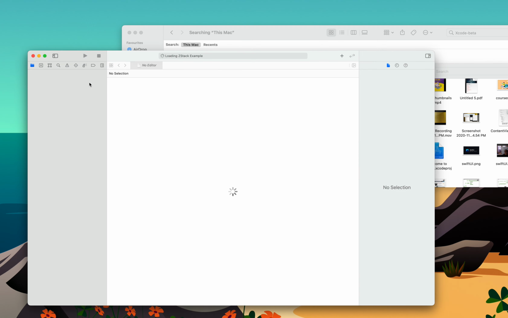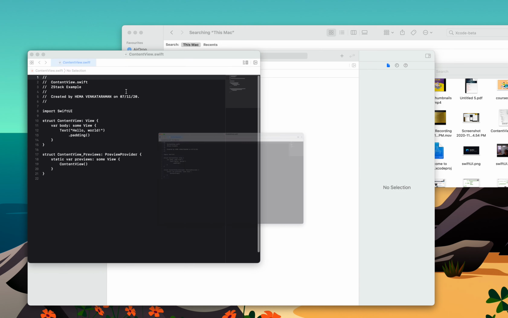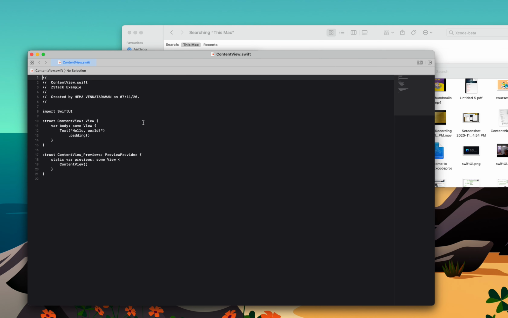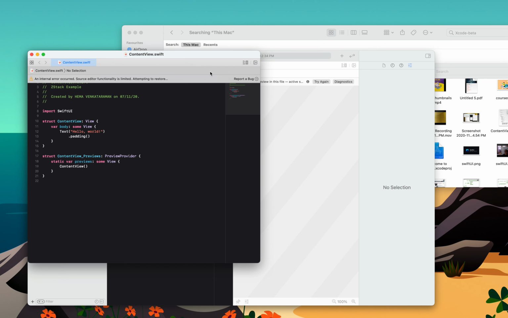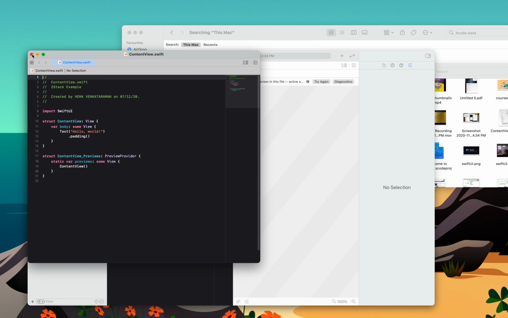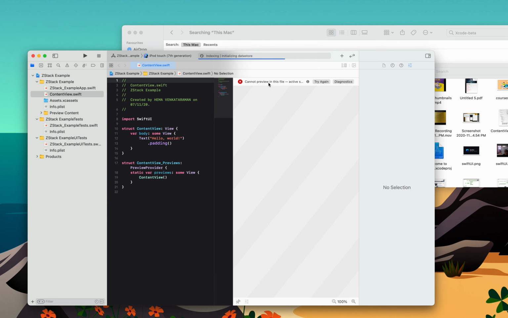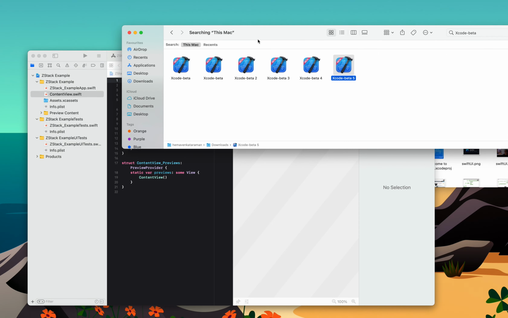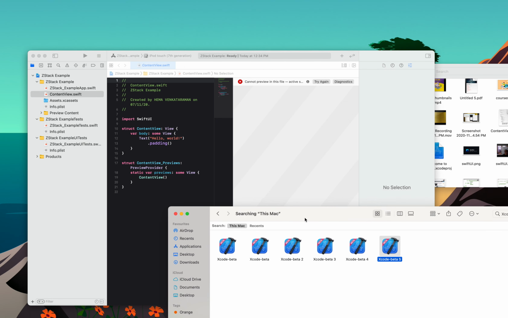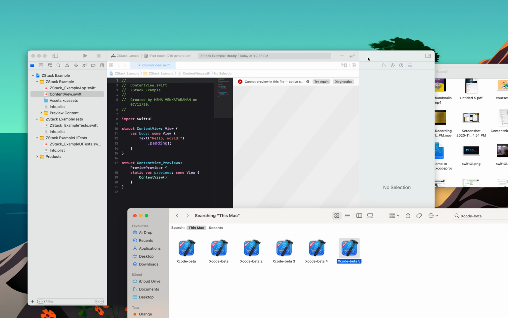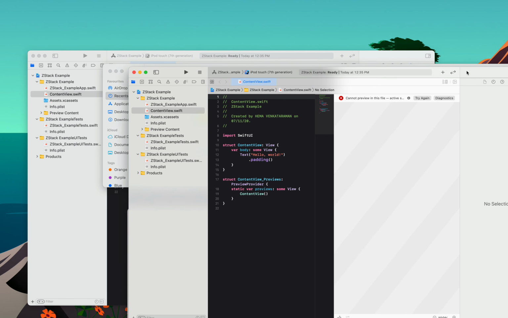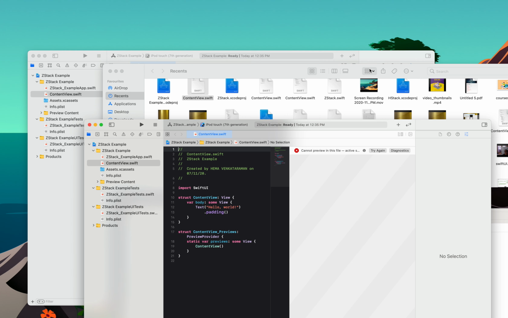Oh, this has come again. Z stack. Okay. Three types of stacks. One second. Let's take an example. Content view dot swift.